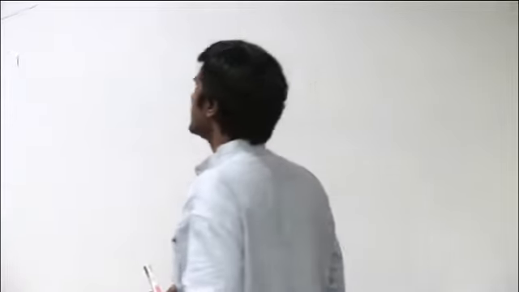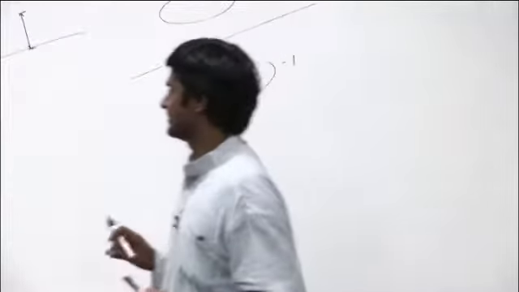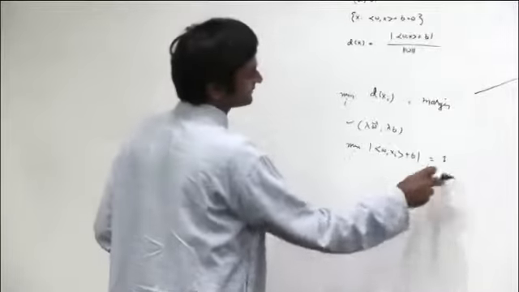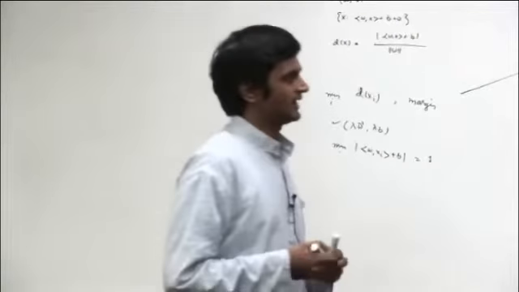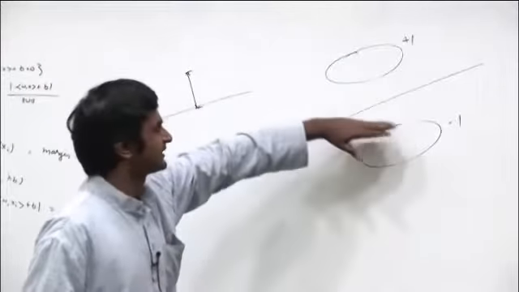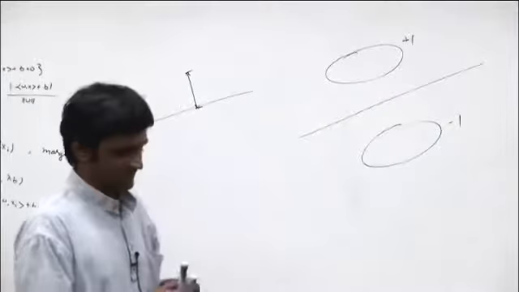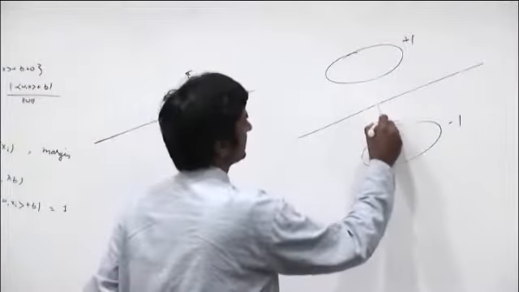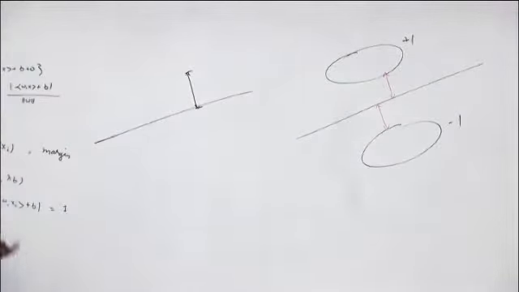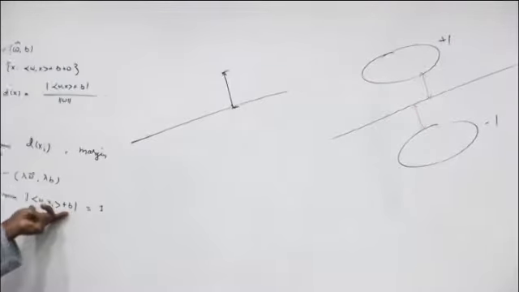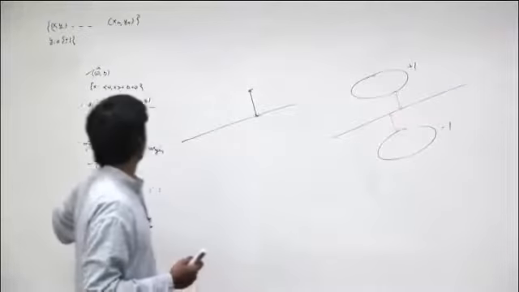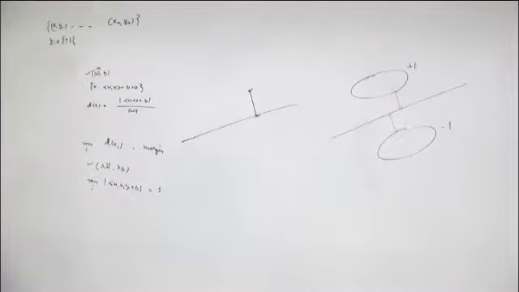Okay, so let's first try to understand, and then we are going to make this assumption. The min of w dot xi plus b is equal to 1. In other words, because these points are linearly separable, the points from the +1 and the -1 class are going to lie away from the hyperplane. Therefore, if you look at this distance or this distance, as computed using w dot xi plus b, then that is equal to 1. Either way, the min of these two distances is going to be equal to 1.